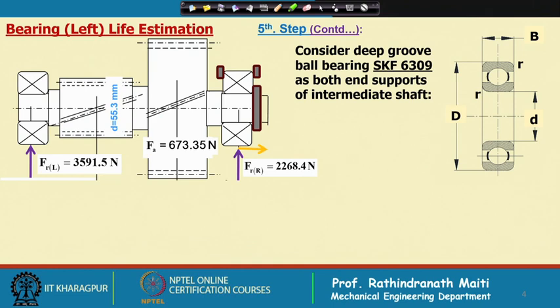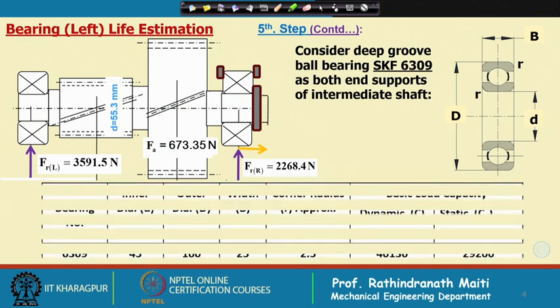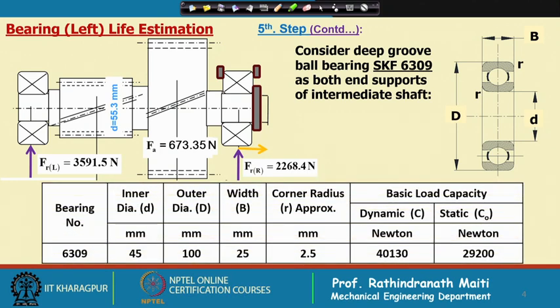And I would like to say that 6309 bearings are widely used for gearboxes. 6.0 and 6.2 are normally not, and 6.4 also normally not taken. 6.3 series bearings are widely used. Now, let us see, this is from an extract from the SKF catalog, and what we find that for bearing number